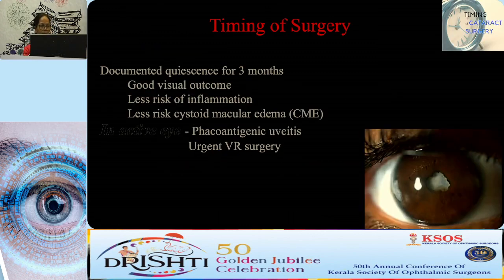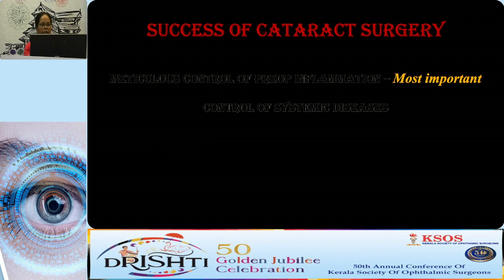A quiescent period of 3 months should be necessary for getting good visual prognosis, as well as less risk of inflammation and less risk of cystoid macular edema. You do cataract surgery in active uveitis only in 2 conditions, that is phacoantigenic uveitis and when urgent VR surgery is needed. The success of cataract surgery depends on the meticulous control of inflammation preoperatively and control of